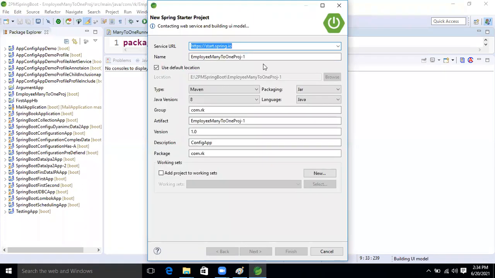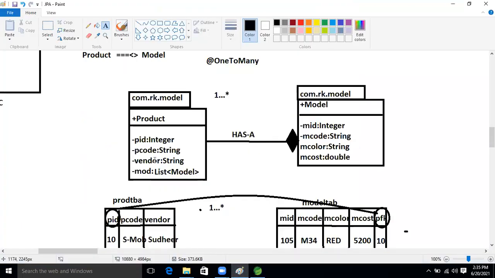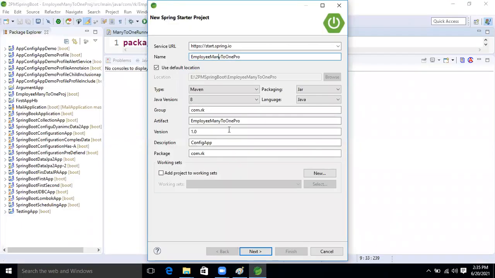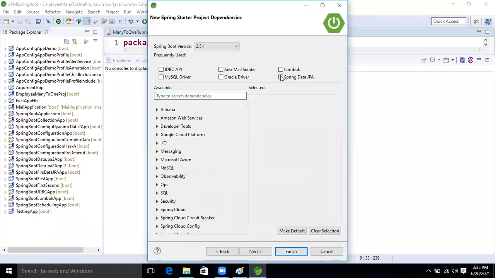So here, let's take the product project, and the product model. Let's take a product with a many-to-one, one-to-many relation. Next, which dependencies? Spring Data JPA, MySQL and Lombok.